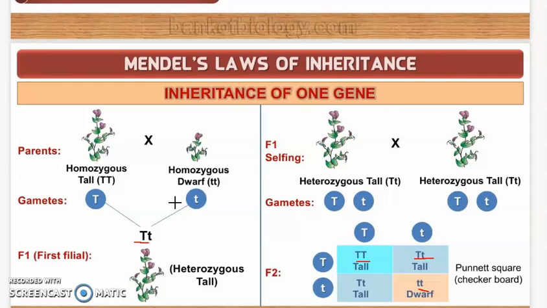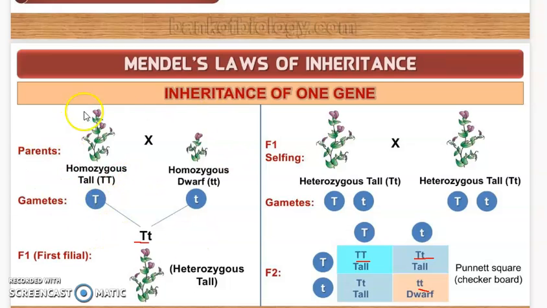the allelic pair of the genes for height are identical, or homozygous. Okay, so he found out that capital T capital T and small t small t are identical allele pairs of the gene for height. It means that both chromosomes will contain the same gene at a particular position because they are homozygous, they are true breeding. Understood? So Mendel also proposed that in a true breeding tall or dwarf pea variety, the allelic pair of genes for height are identical or homozygous.